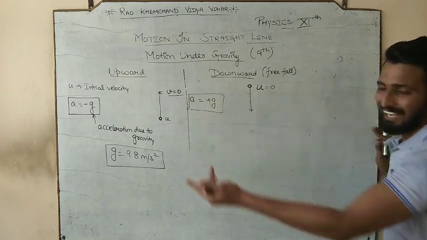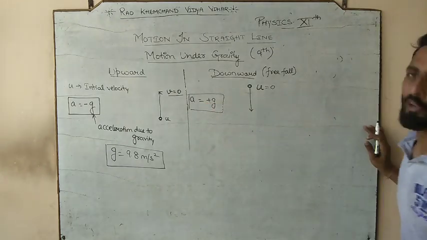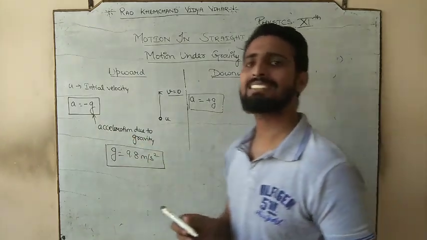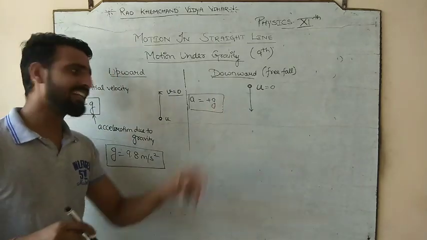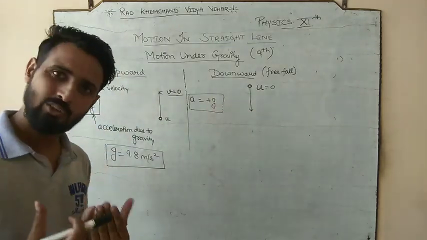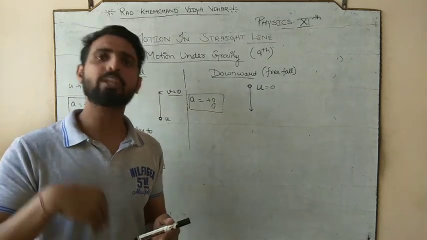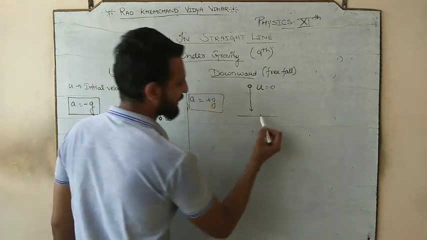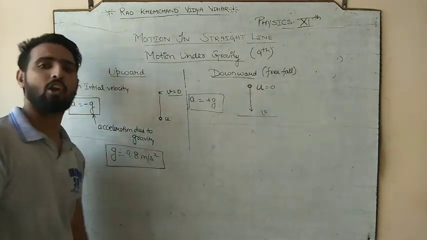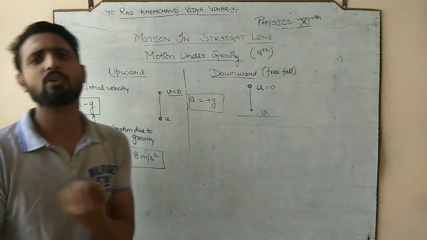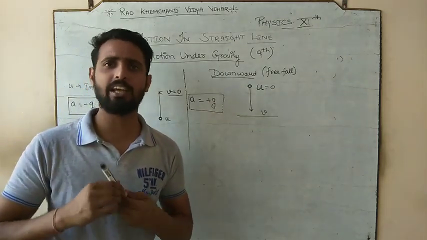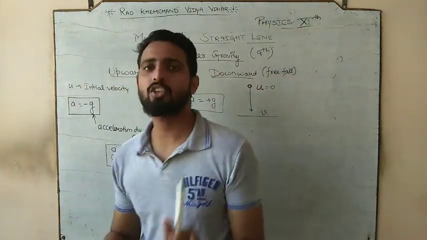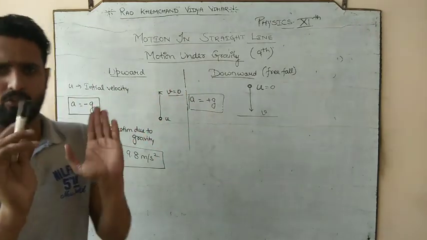And in this manner, as I again told you, acceleration positive is simply called acceleration, but acceleration negative is called retardation. So acceleration positive means your velocity is going to change, in fact your velocity is going to increase. So definitely before touching the ground we will have some final velocity. Before touching the ground, we don't talk about after touching the ground. फिर आप सोचेंगे तो सर it has been touched to the ground, so definitely its final velocity is 0. No, it has not touched the ground, it is just above the ground.